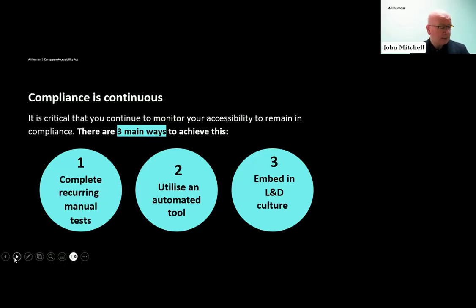And related to that is the question of general ownership. Accessibility is a funny one because it sits across a number of different functions. It sits across a CMO, brand, communications category of internal stakeholders, but it also has a technology CTO dimension to it as well. So it is transcendent across organizations. Naturally, in smaller organizations, you typically have a webmaster or a product owner who is responsible for the output of the website.